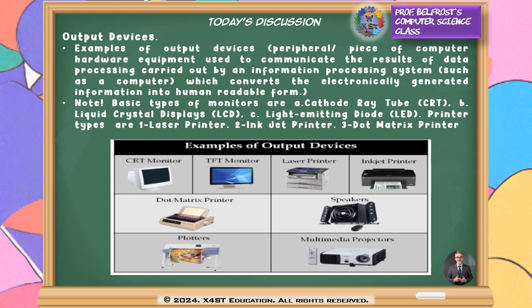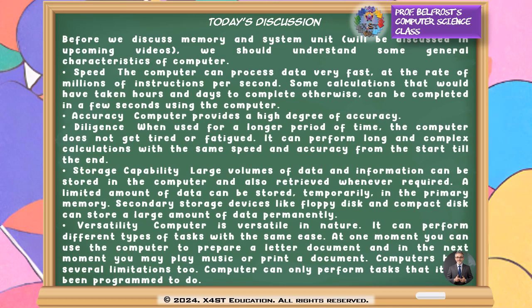Actually, there are many types of monitors. You can see the note. There are CRT, LCD, LED. Also for printers, there are laser printer, inkjet printer, and dot matrix printer. Before we discuss memory and system unit, which will be discussed in upcoming videos,